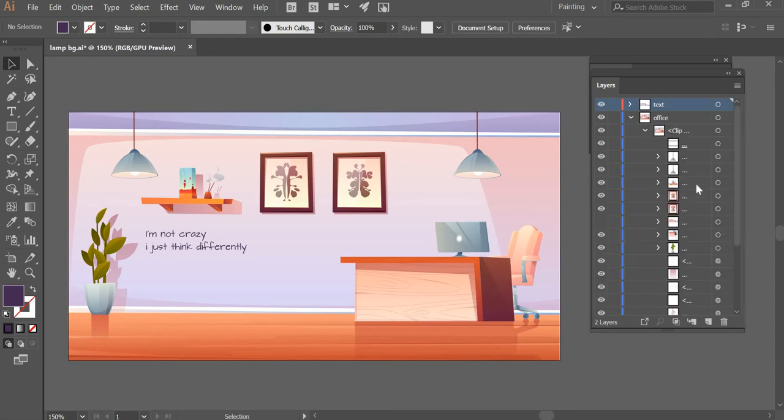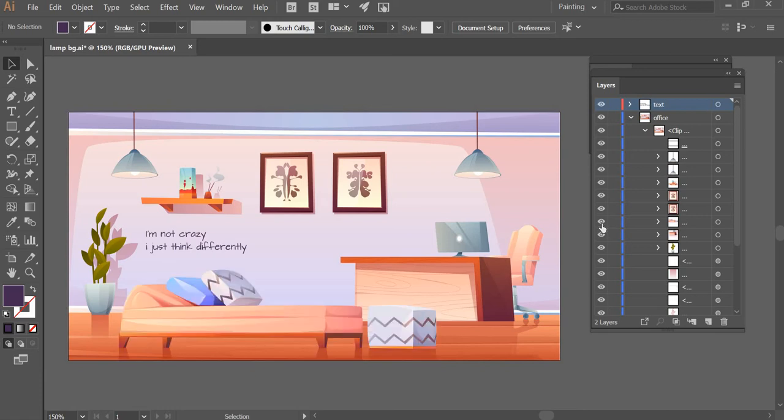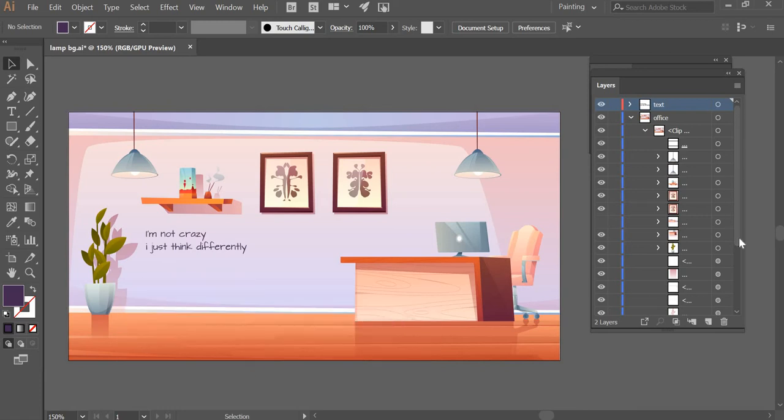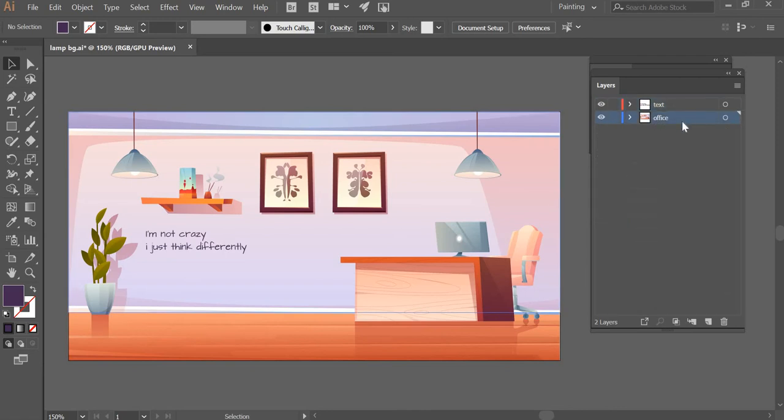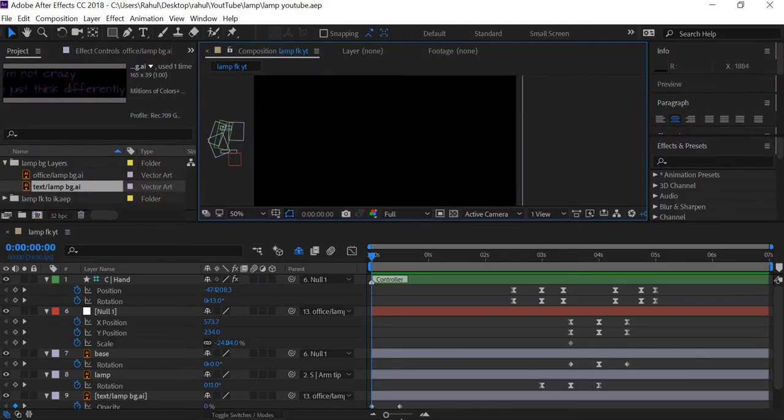By the way, if you go here, all the elements of the scene are here. So you can look at specific scenes and then remove it, hide it, delete it, and that's how I removed the sofa. You can see here. All right. And then what is important is to have distinct layers and that they come in After Effects separately. All right. So you can follow the link to create the lamp rig. You have this file from freepik.com, and once you have these assets ready,